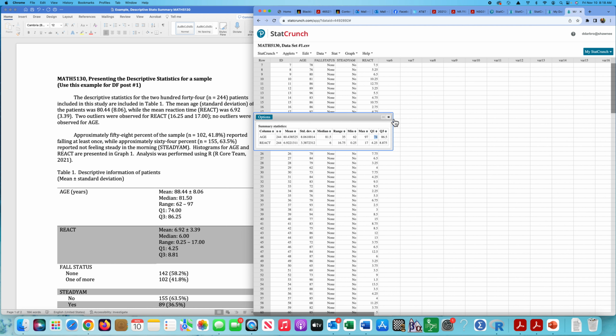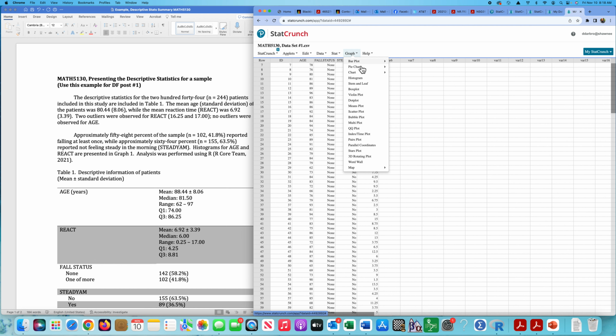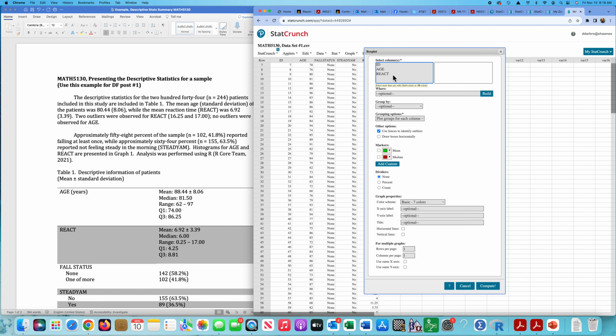So the numerical summaries for the quantitative variables are pretty easy. The next thing I do is I take a look at the box plot. So we've seen that before. Where is it? There we go. So I take a box plot for both variables,